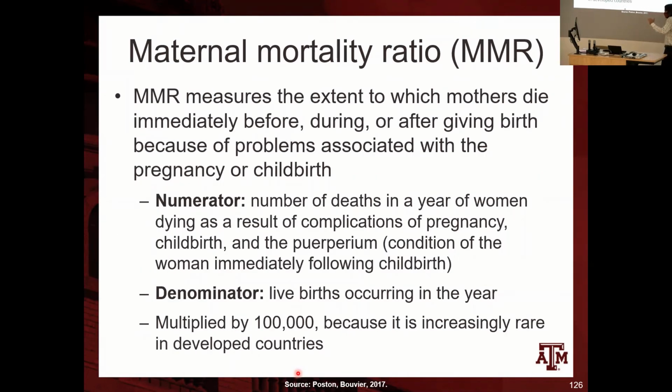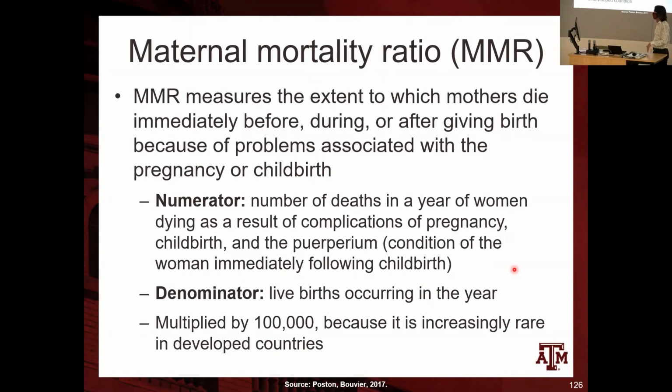Another measure important for mortality is maternal mortality ratio. Maternal mortality ratio measures the extent to which mothers die immediately before, during, or after giving birth because of problems associated with the pregnancy or childbirth. So what's the numerator of this ratio? Number of deaths in a year